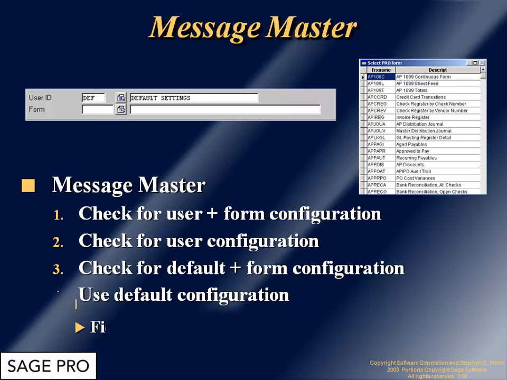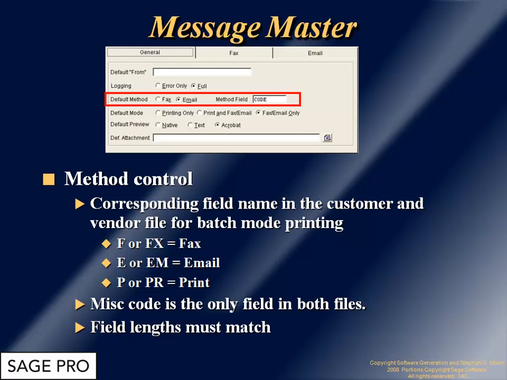So how do you control Message Master? Well, one of the ways to control it is in the method field, it has the word code. And this ties back generally to 2 fields. In the customer file, there is a field called miscellaneous code. And in the vendor file, there is a field called miscellaneous code. If you put this code into that field, that is how that customer or vendor will be treated. So what I'm saying here is if you want all of your invoices for a customer to be sent by email, in that customer file, in the miscellaneous code field, you would put